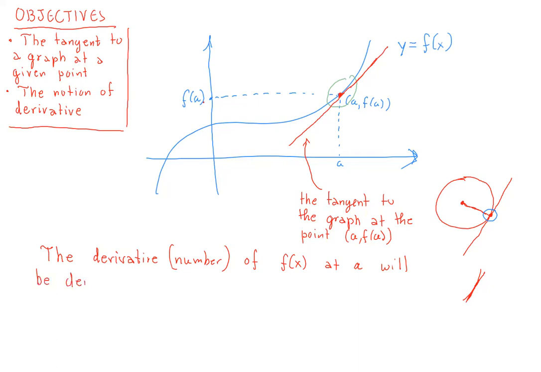It has a very interesting symbol, at least this is the symbol that we will currently introduce. You will see that later this might change. It will be denoted by f prime of A and equals